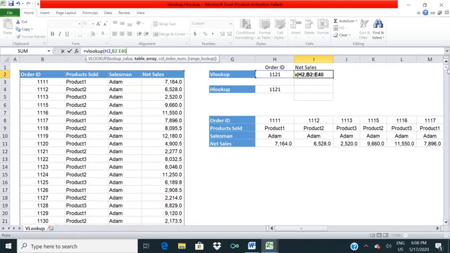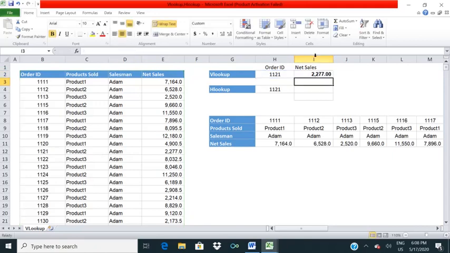So this is the range, and then we need to mention the particular column index, that is the fourth column, net sale, and then we need exact match, 0. If we need exact match, then it should be 0, otherwise it should be 1, but we need exact match, so I am giving 0.